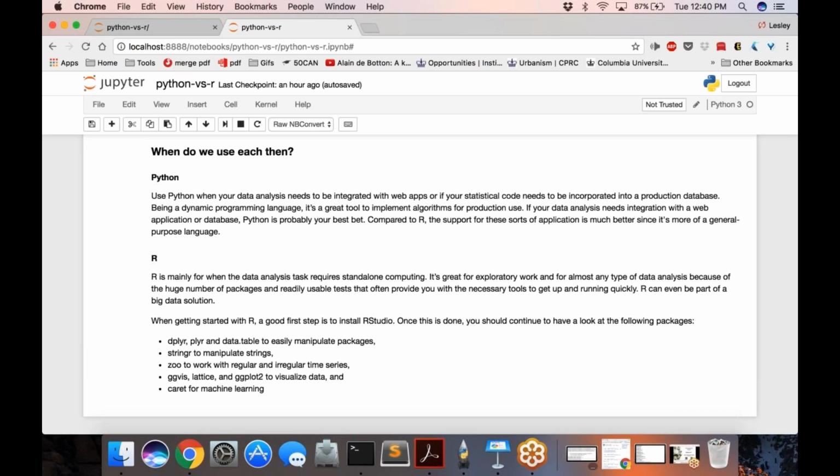Pretty much anything you can do in either language, you can do with the other. It's just a matter of which each of them has their own strengths. And for each strength that they have, I generally try to utilize it. As far as what my workflow generally looks like, my workflow is actually generally using both. I use R for pretty much any standalone statistical analysis I need to do,